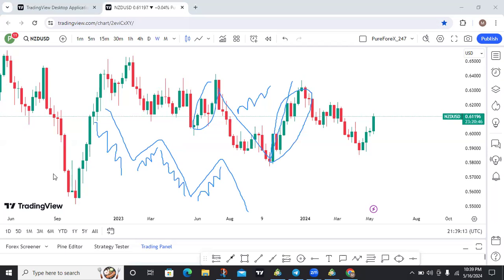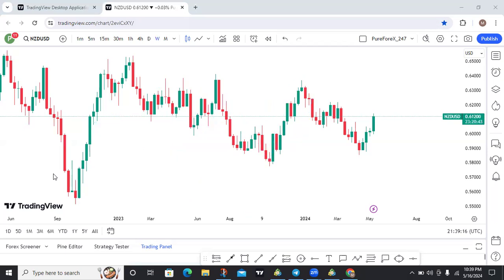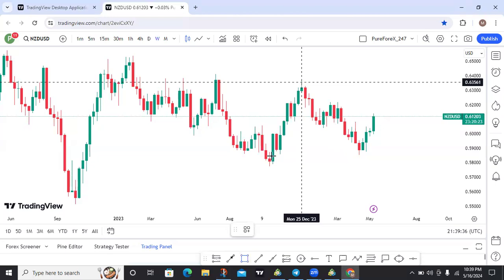So now, if we know that the market went up from this point to this point, and then the market is reacting from this lower high, and the market is dropping down. So with this information, what are you going to be doing on the lower time frame? On the lower time frame, like daily,